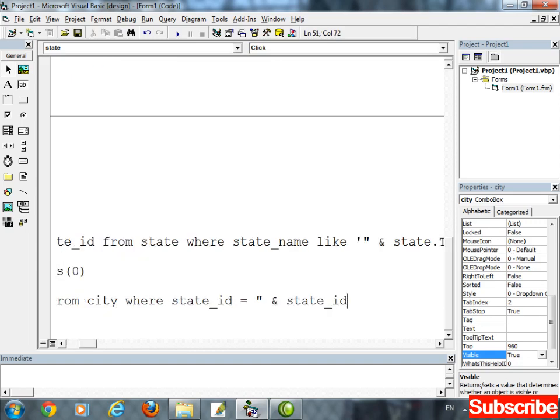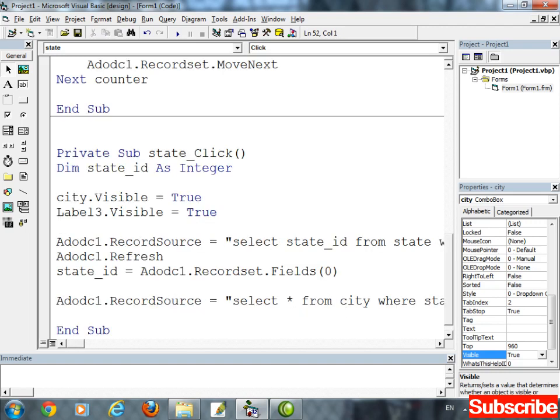Concatenate this variable at the end. Okay, refresh the statement, refresh the ADO control, ADODC1.